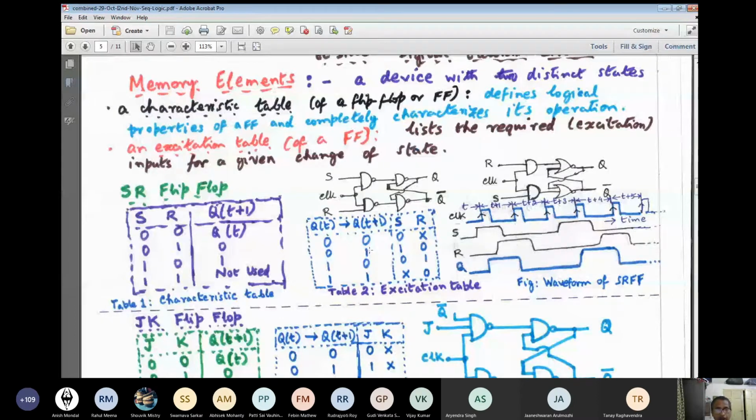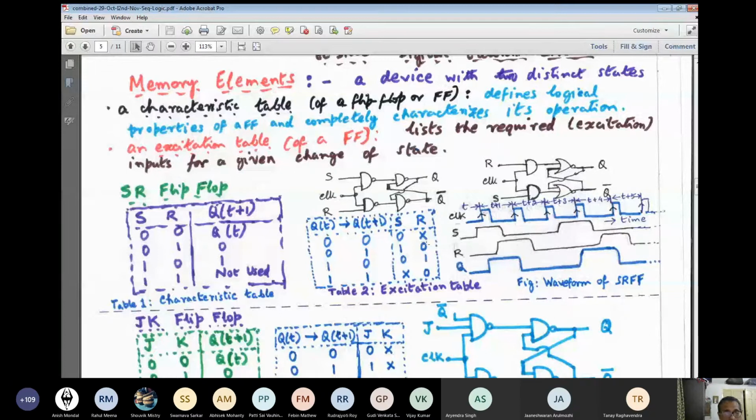That means always, in order to realize a particular circuit, we need some cutting of the cost. Some economic realization. For that, the circuit, say the excitation function as well as the output function, these two we are supposed to bring up. So this should be economically realized, that means functionally minimum. For that, it will be convenient for us if the excitation table has a lot of X's, the don't cares.